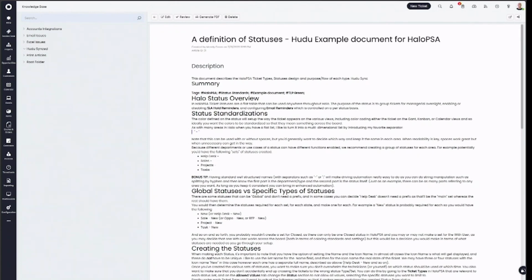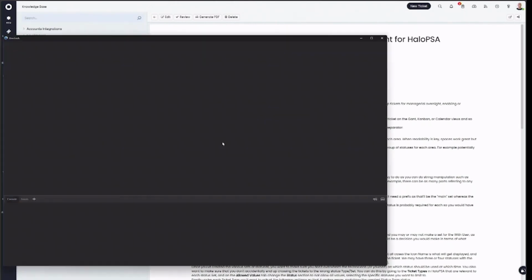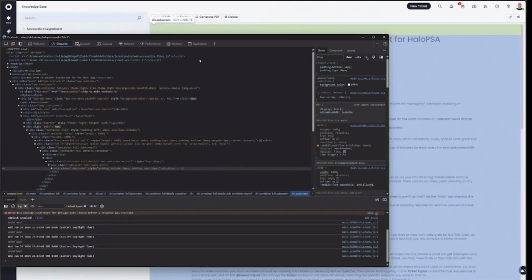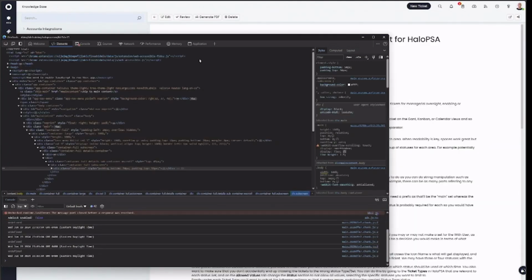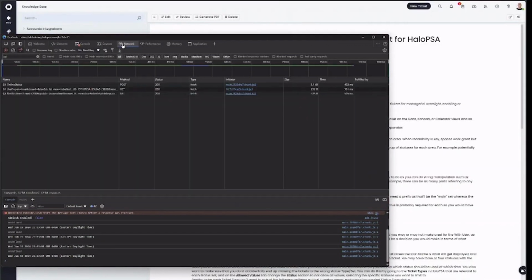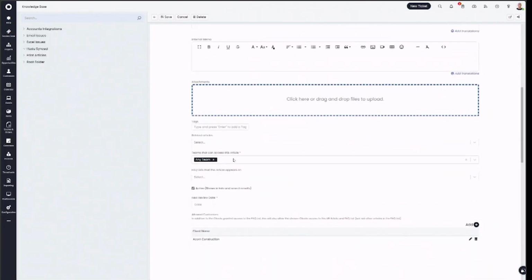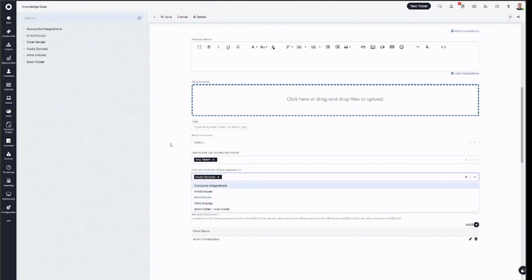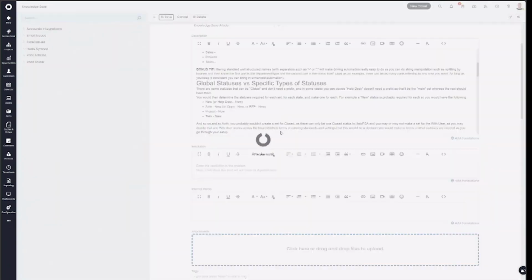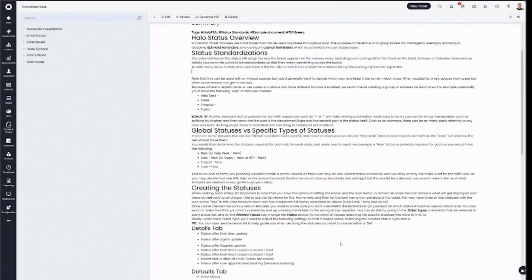And so all I did is I went to DevTools. This is one of the reasons why I absolutely love Halo, is because the API is literally the same API that they use. So I can come to the network tab here, and I'm just going to clear what's running. I'm going to place this into FAQ lists, which is what they call the folder. I'm going to place it into the Hoodoo synced folder, and I'm just going to save that article. And I'm going to capture in the network tab, if I can find it,